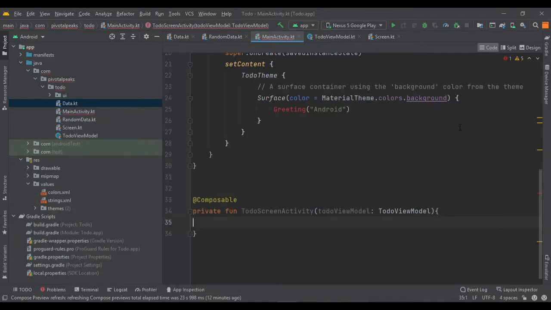So in our ToDoScreenActivity we need to pass some items.